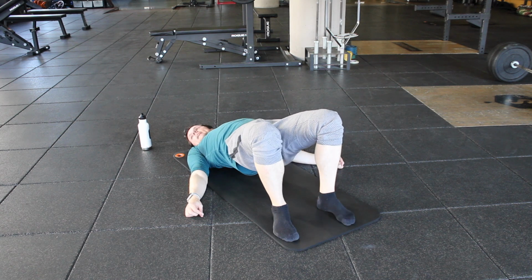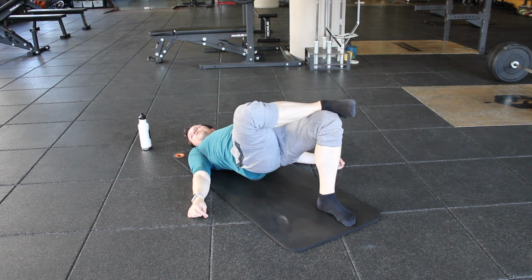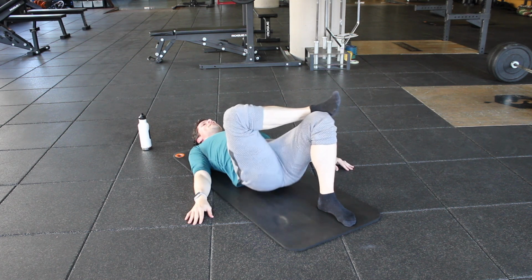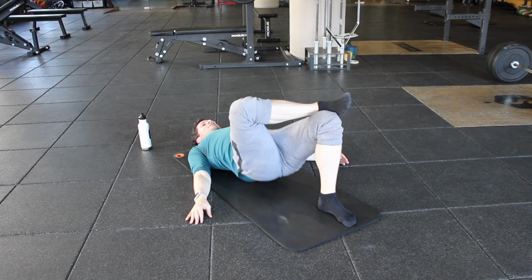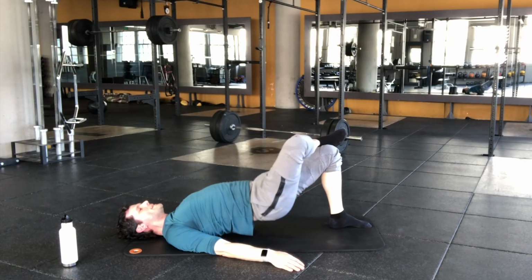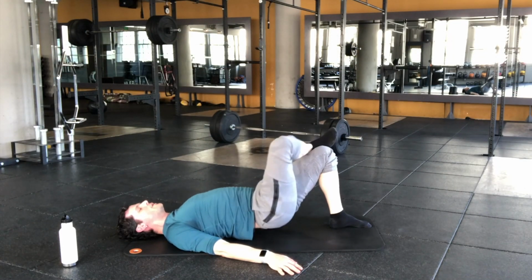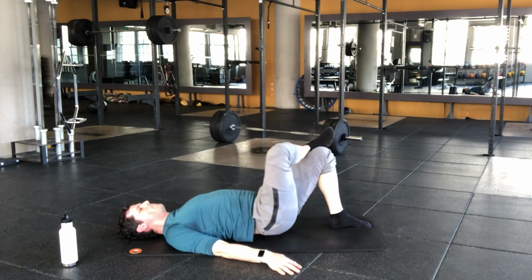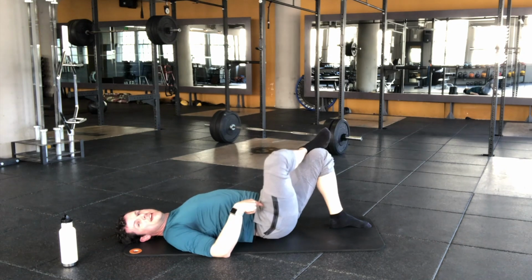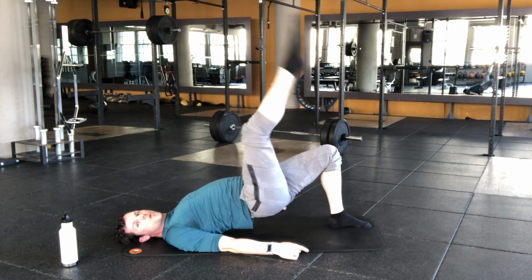Take your right leg, cross it over to figure 4, and it's a one leg press. Try to press the hips high. 10, all the way down, all the way up. 9, 8, 7, 6, 5, 4, 3. Now without stopping, this crossover leg is going to go to a full extension or a